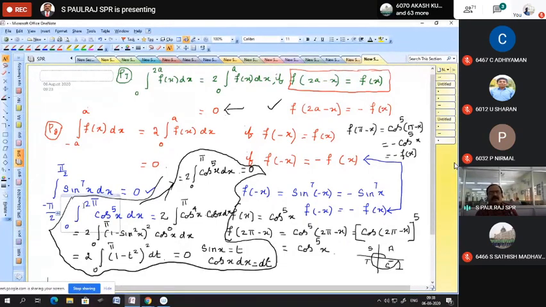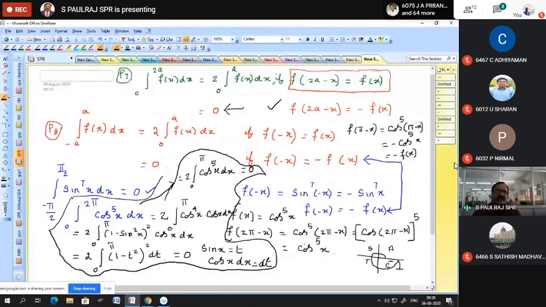Otherwise you have to use the property. So all the 6, 7, 8 properties, write them in the notebook. That's all. My side everything is over. A long problem is there, but I'm not teaching it now. They never ask this problem in the NDA.